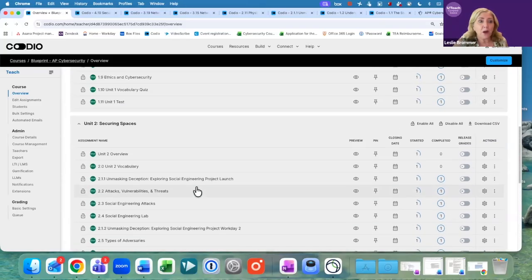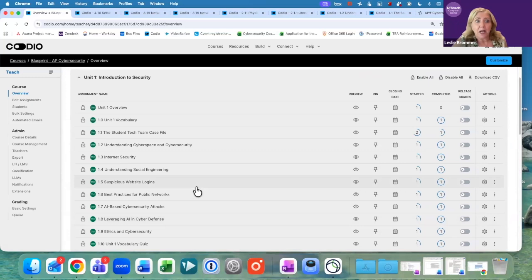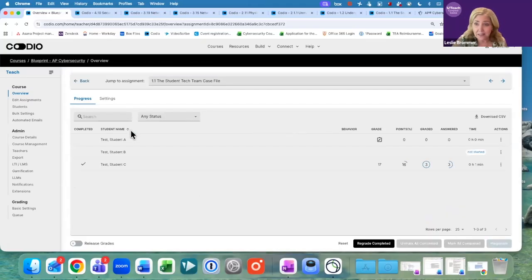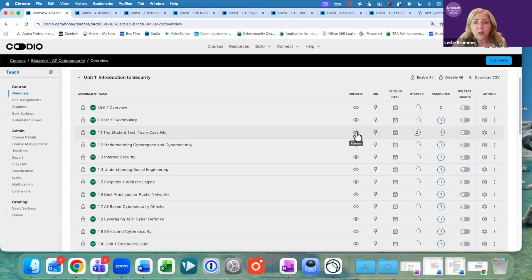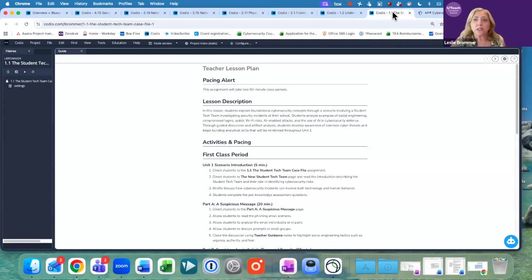So let me go into some assignments. When you get your sample lessons, please take note here. You're going to want to click right here on the lesson and you're going to see, oh, it doesn't show me. I don't understand. This is an online textbook. You actually click the preview, the eyeball. That's what takes you into a lesson. So pretend I click the preview and here's a tab where it's already open.